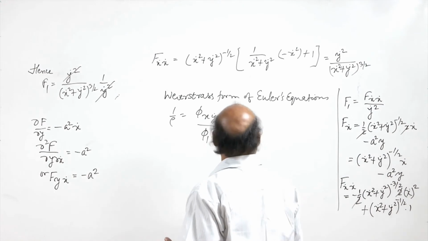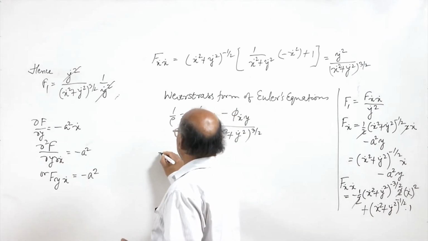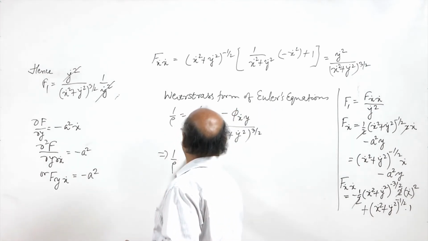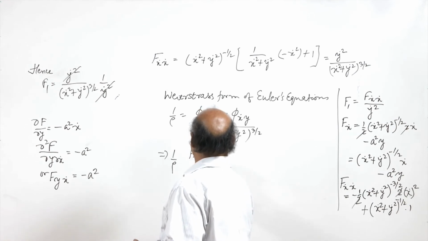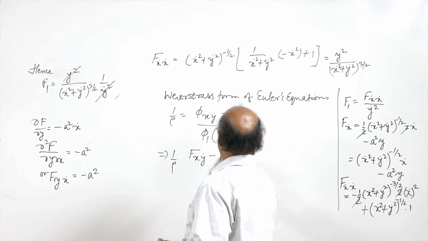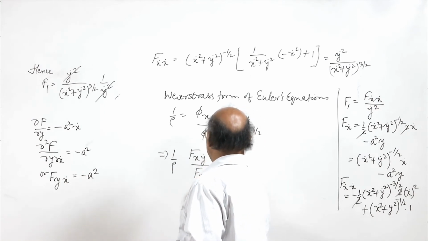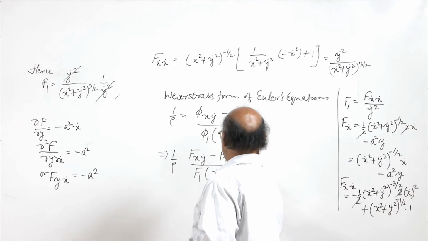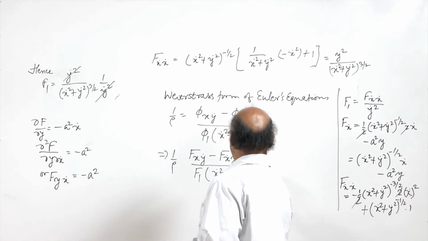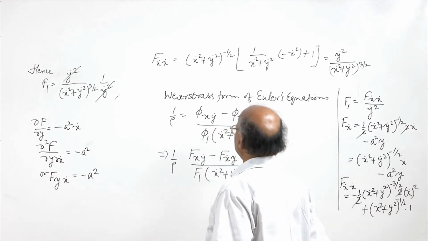Now in place of phi we are writing f here, so we have 1 by rho equal to f x y dot minus f x dot y divided by f1 (x dot square plus y dot square) to the power 3 by 2, and this is equal to